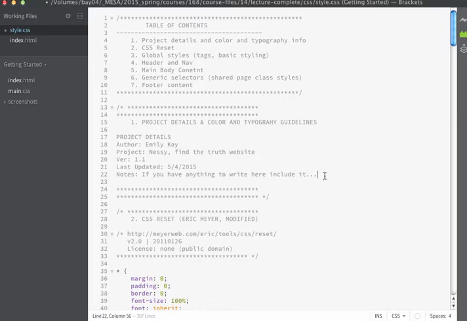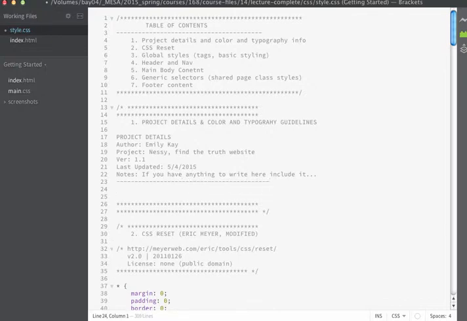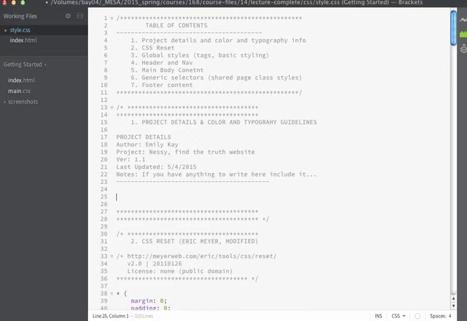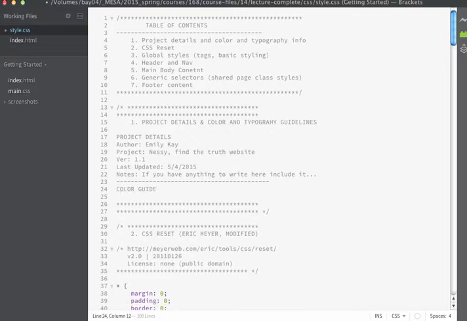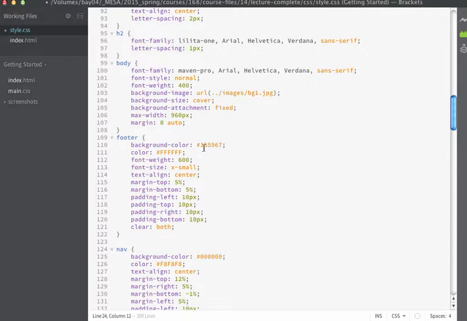And then once I have the project details, I like to separate this area with just some dashes or something other than asterisks. And then I'm going to go ahead and set up my color guide. I find it really helpful to have an area that will specify all of the colors that are being used inside my site, because a lot of times when you're working on a website and you'll start to find these hex values and you're like, what is